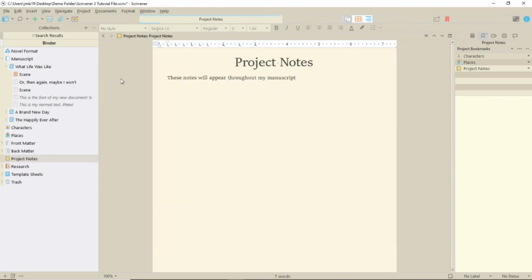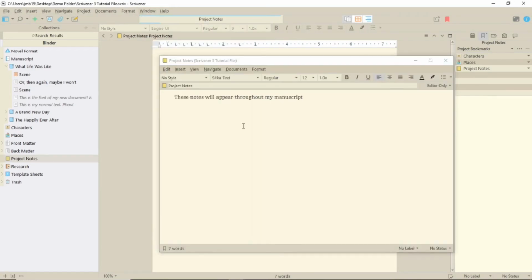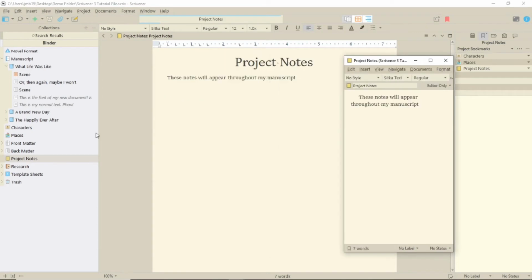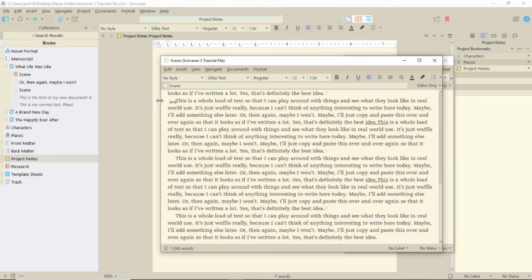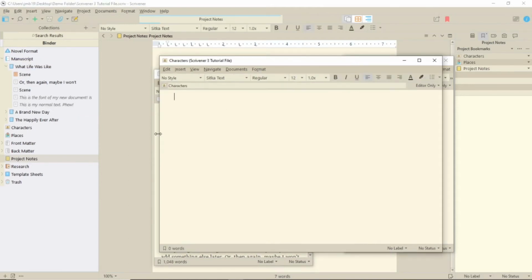However, as soon as you click onto the main screen, that comes to the front, unless that is you go into the Window menu and select Float Quick Reference Panels, which is probably something you should have selected at all times, because why would you not want to be able to see a quick reference panel if you have it selected? You can adjust the size of your panel and move it around to wherever you want on the screen,